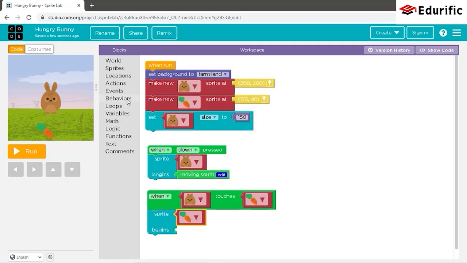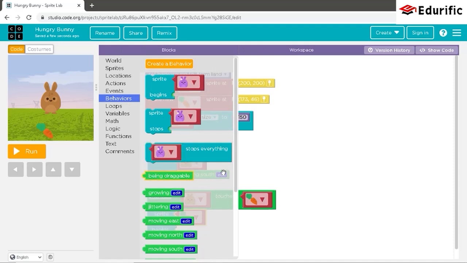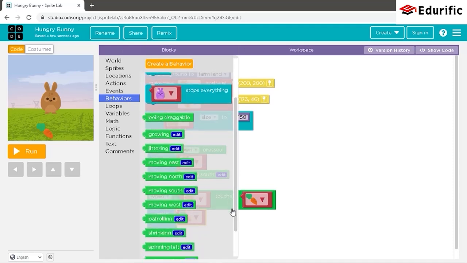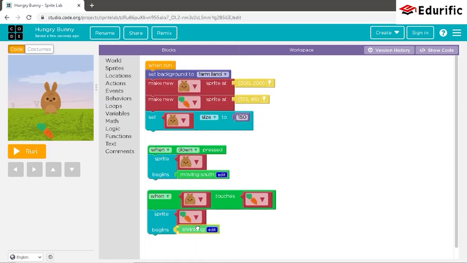So for this again we will be going for the behaviors category and drag the shrinking command and place it. So this means that when the bunny touches the carrot, it will be shrinking and then disappears, which means that the bunny has now eaten the carrot.